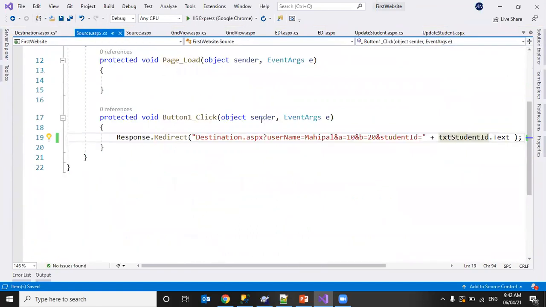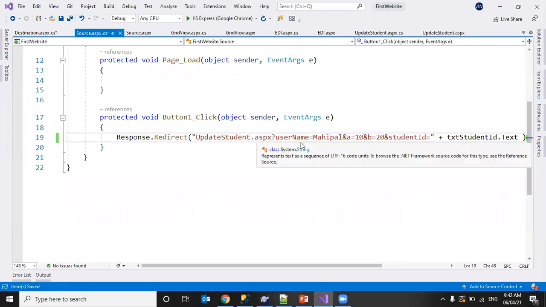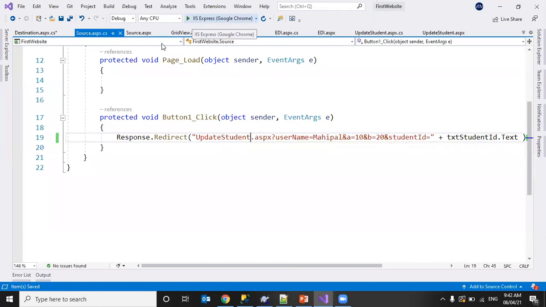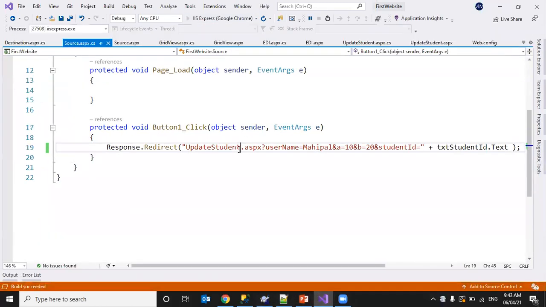Now, when we click on this button, we want to go to the update student page, UpdateStudent.aspx. Let's try now. So I'm in the source page.